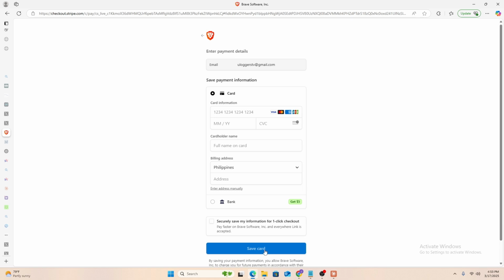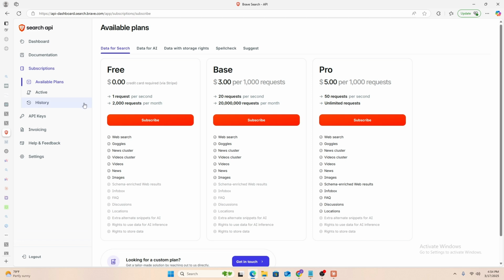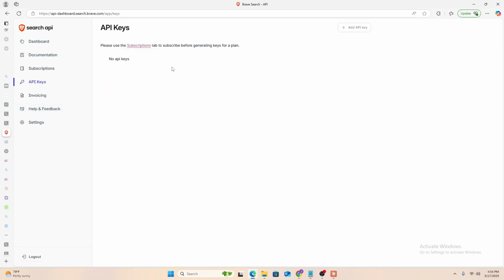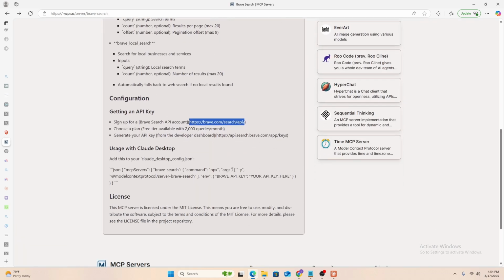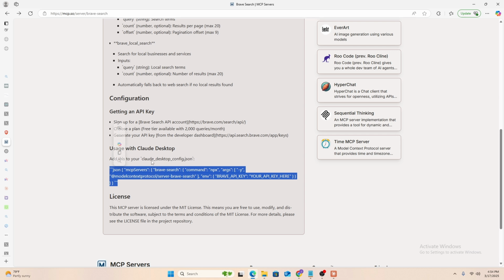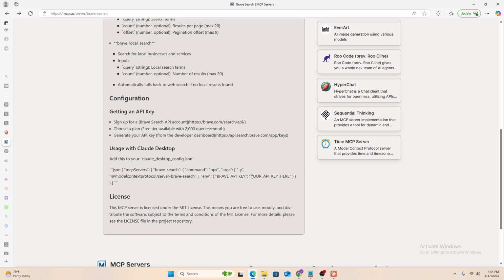You are just saving the card on file such that if you need to upgrade your plan, then it will be very easy too. Now, once you have done that, you will have access to this portal here where you can get your API key. So you are now connecting to Claude using your own account, stuff like that. Okay, so once you have your API key, then if we come back here, you will see that you need to copy this and create a file that you will call claude_desktop_config.json. Then paste in your API key here. So here, I believe you have to leave this double apostrophe on both sides, paste your API key,